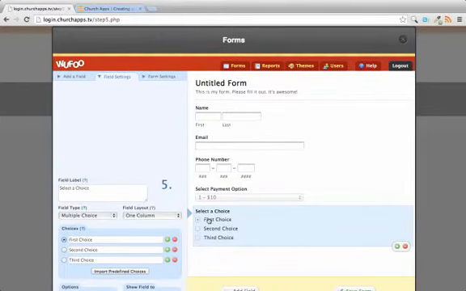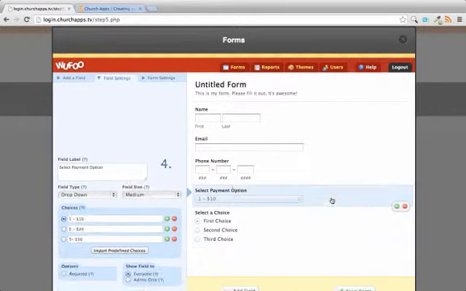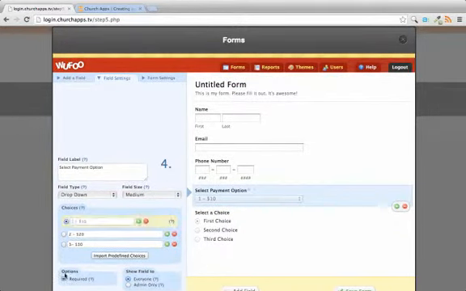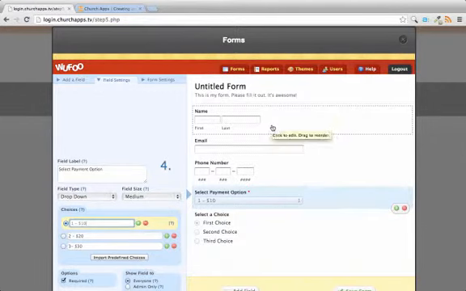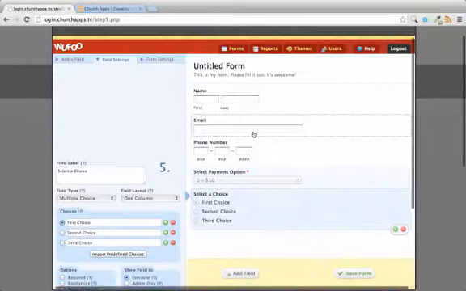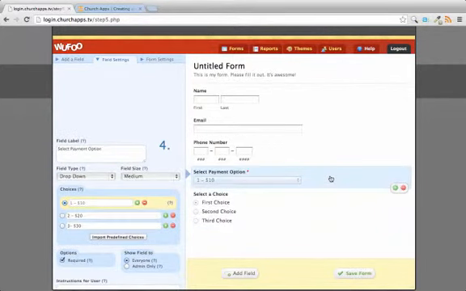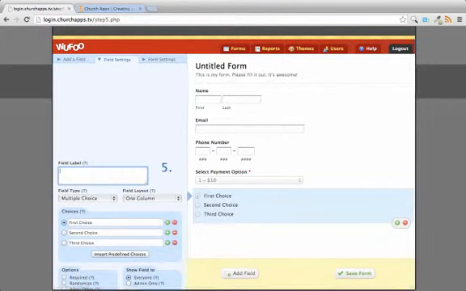You could also do that by selecting the radio buttons, but we just did it with the drop-down. And I'll leave that there. We want to make this required, because obviously that's going to matter for how much they're actually going to pay. And then we're going to save our form. You can see how you can do a lot more stuff with that. You could have different pricing options, so maybe if they want a t-shirt with it, that's going to add a little bit more. So we could say